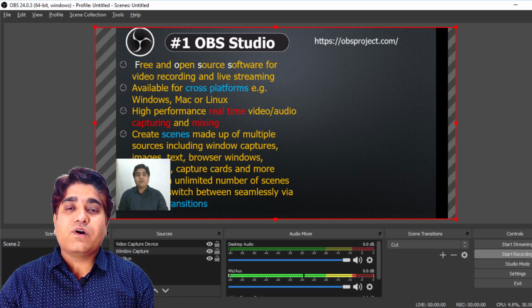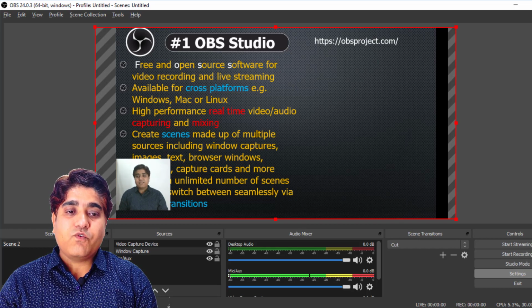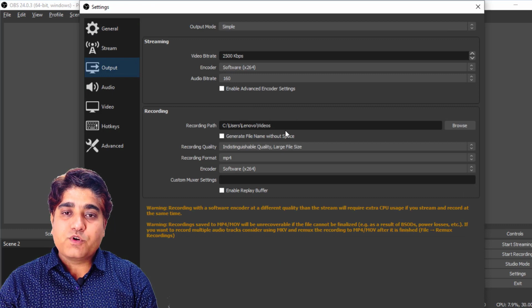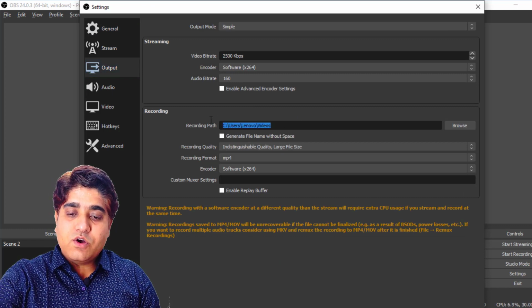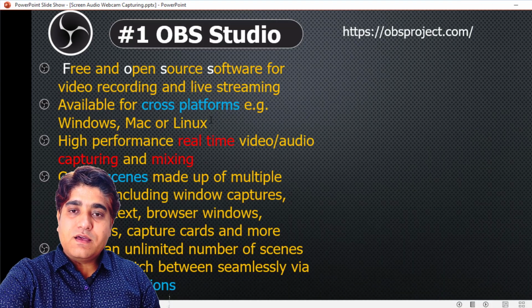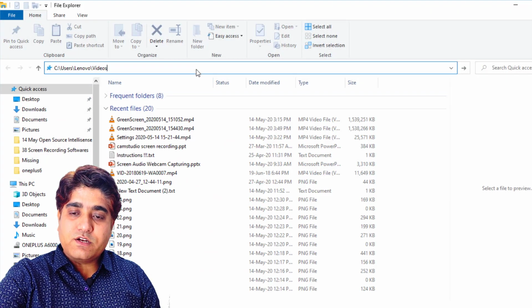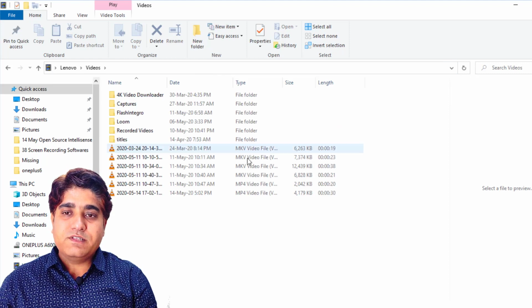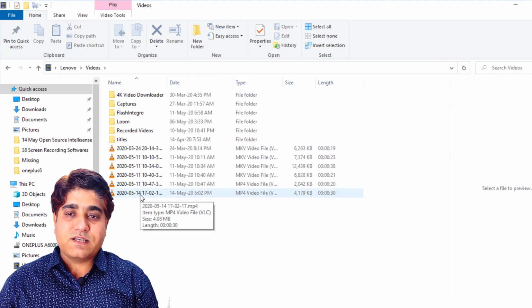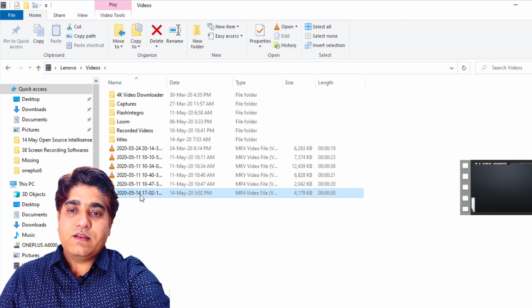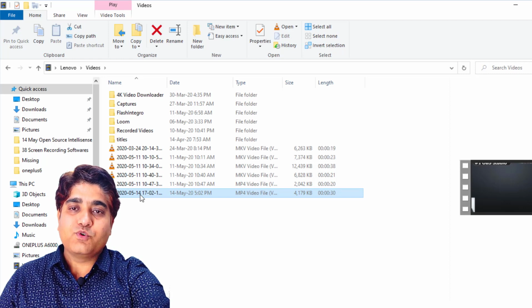So we have to go to our default recording path. What is that? Go to the settings, and there is an output window. Here I will just copy the default path, and I will press Windows key and E for Windows Explorer, and then Control V over my path, and we will see on the 14th of May, yes, I am able to see my recording video. So we will listen to the output of that file.